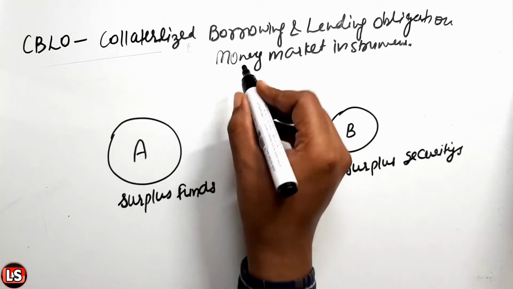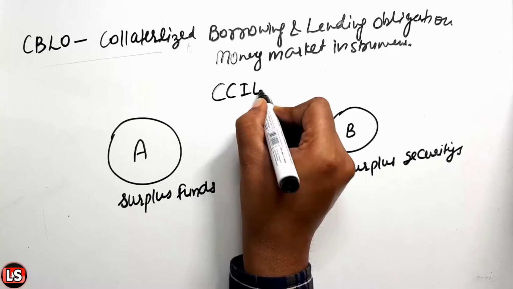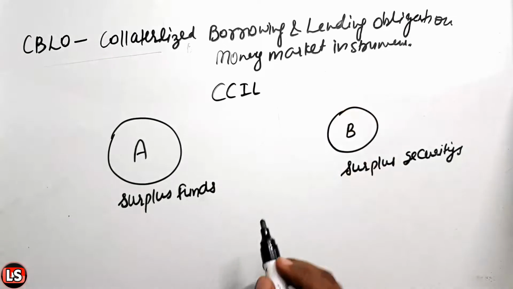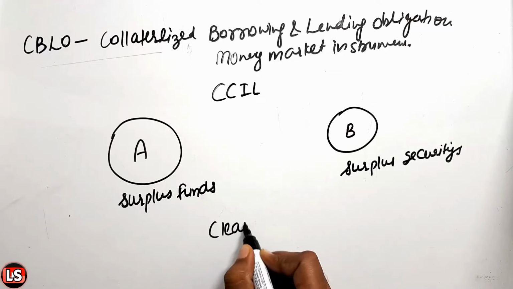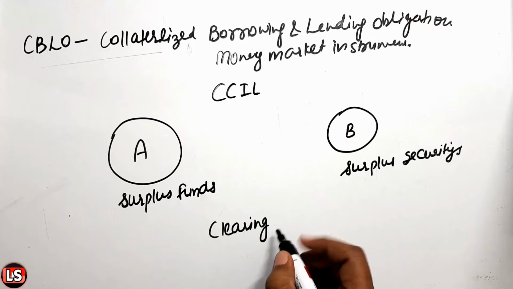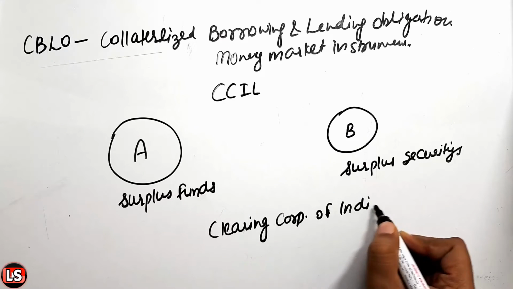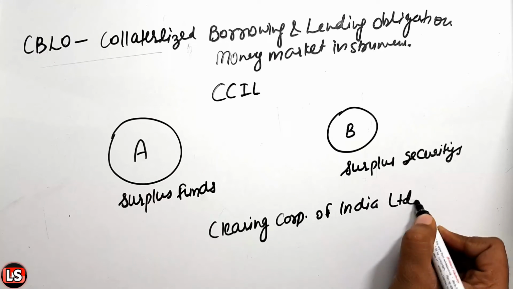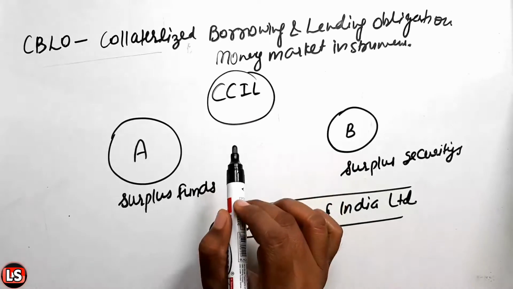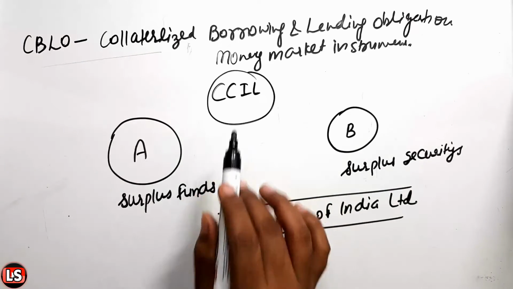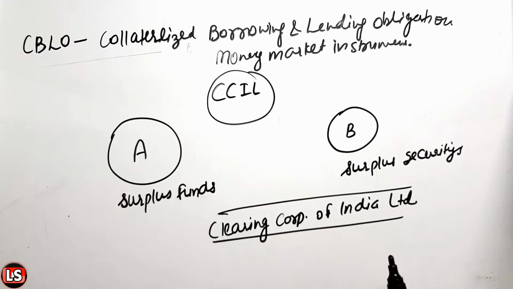There is a corporation for it, that is CCIL. CCIL is Clearing Corporation of India Limited. So all the transactions of the CBLO are operated and transacted by the CCIL, that is Clearing Corporation of India